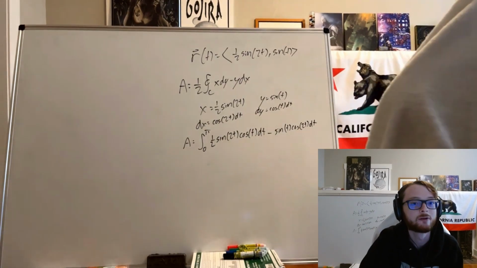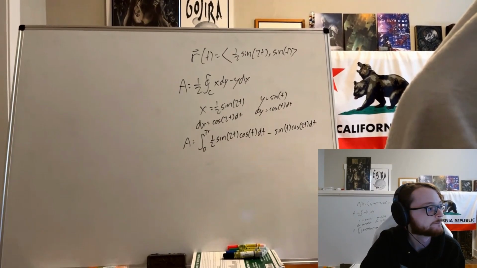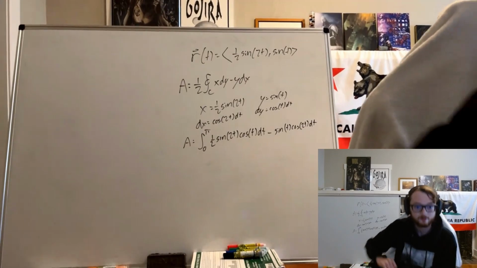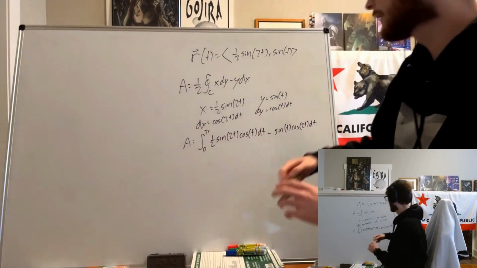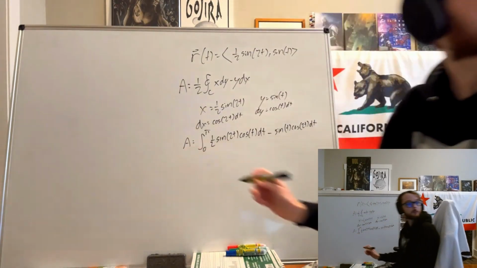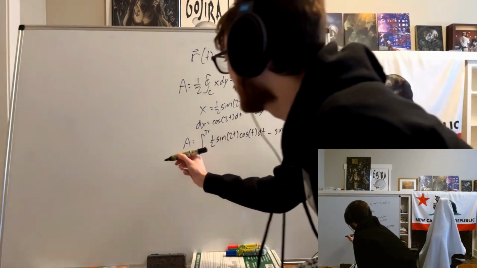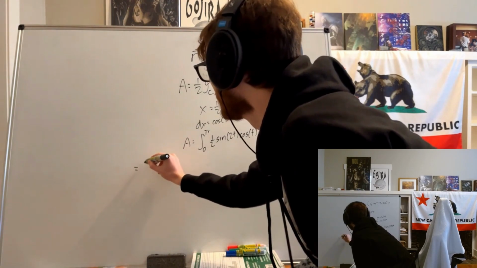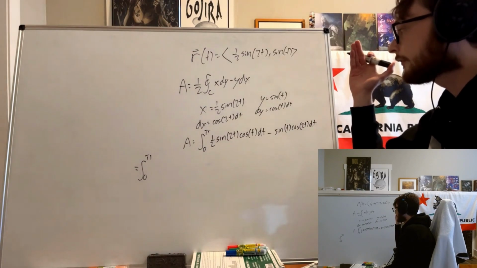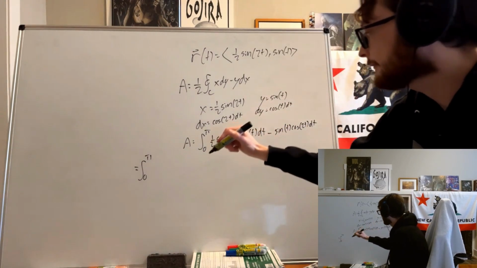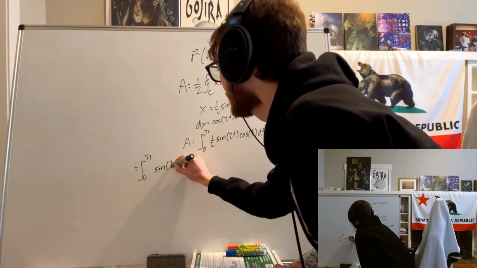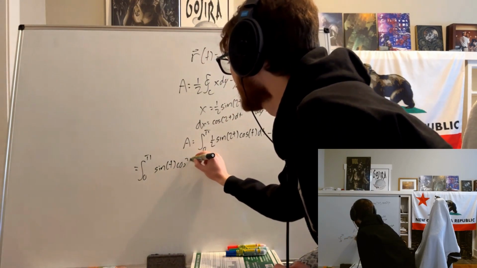Let me get my identities up. Okay. I'm not being blocked by the camera, right? Okay, good, I'm not. They still come over here, though. 0 to pi. Now, sine of 2t is equal to 2 sine t cosine t. 2 times 1/2 is 1, so we can get rid of that. So this one actually isn't that bad. We just end up with sine t cosine squared t